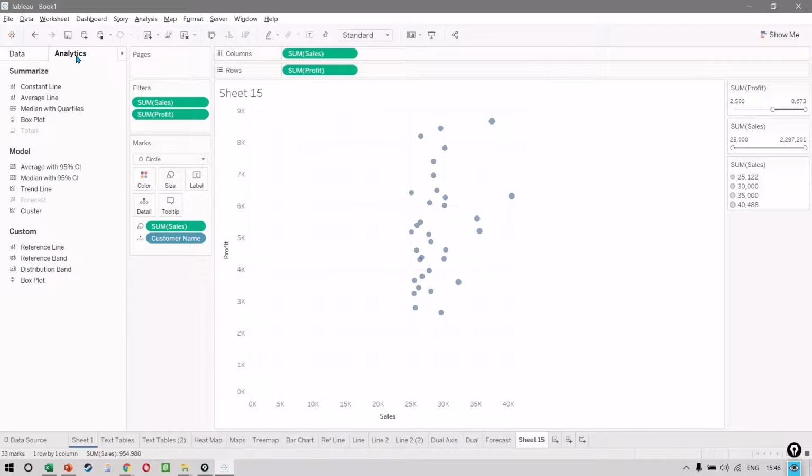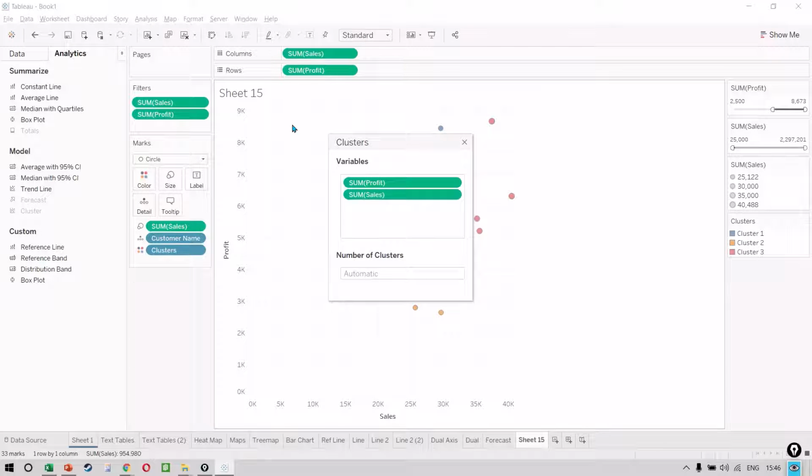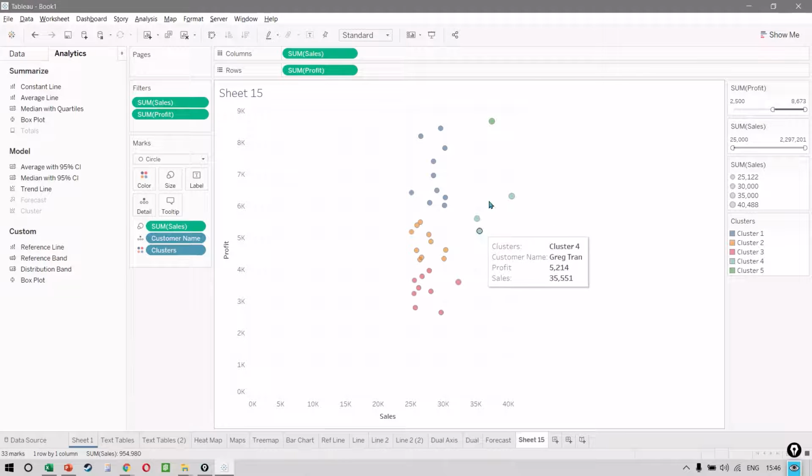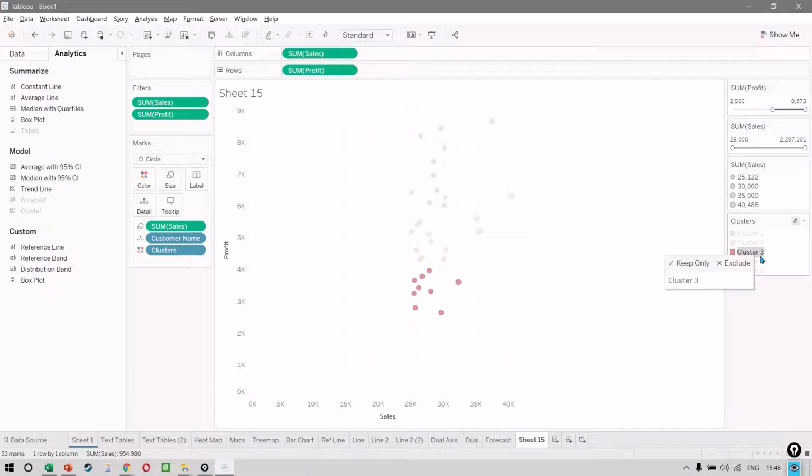Once we have done this on analytics, we have cluster which we can drag and drop inside the visual just like we did with forecasting. And then either we allow it to choose automatic clusters or we can even choose the number of clusters we want. For example, if I say 3 or if I say 4, it decides how many clusters we want and plots the same number on our visual. So as you can see, if I choose 5, it is telling me that there are 5 clusters that my customers can be broken down into. So the clusters can be seen here, 1, 2, 3, 4, 5. And if you want to view only a specific cluster, you can just click on that and it will highlight that particular cluster.